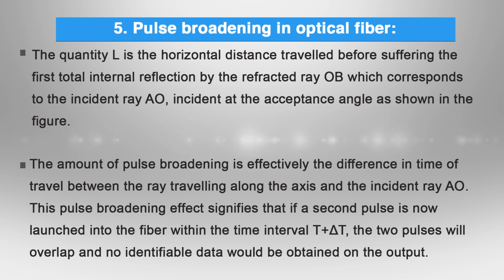The amount of pulse broadening is effectively the difference in time of travel between the ray travelling along the axis and the incident ray. This pulse broadening effect signifies that if a second pulse is now launched into the fiber within the time interval T plus del T, the two pulses will overlap and no identifiable data would be obtained at the output. Thus, for a given length L, there would be a corresponding value of del T, which would